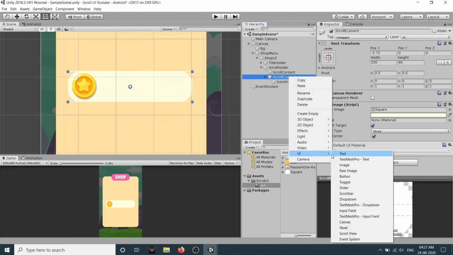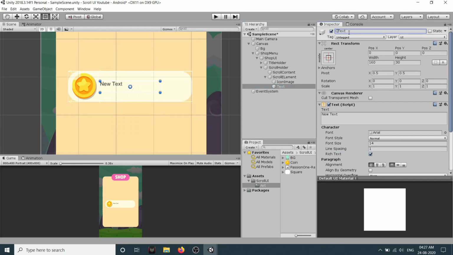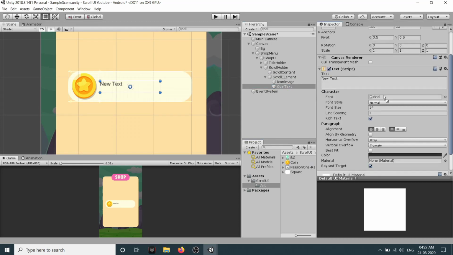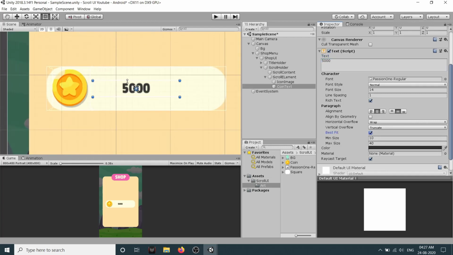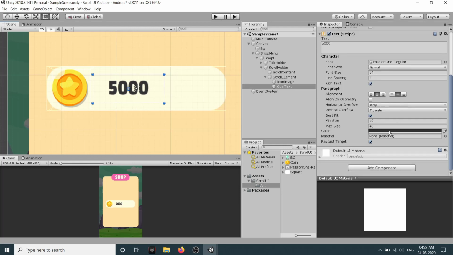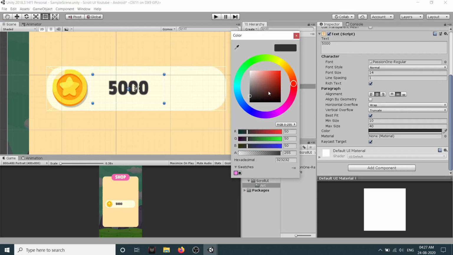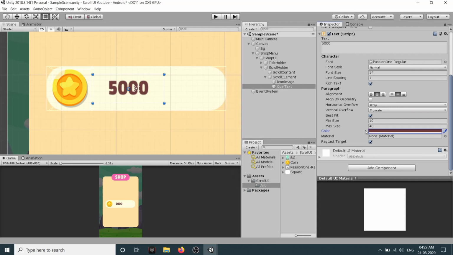Select this, right click, create UI, create a text. We'll call this context. Select the passion font and add it to here. We will select this and align it on horizontal and vertical axis. We will call this 500 value, whatever you want. It's just a dummy thing. Let's increase its height and let's reduce its width, and okay, we can have color something like this here, and I can increase its max size.